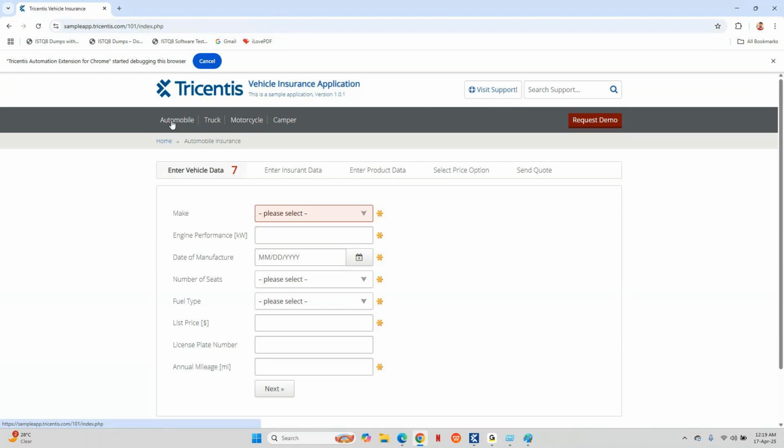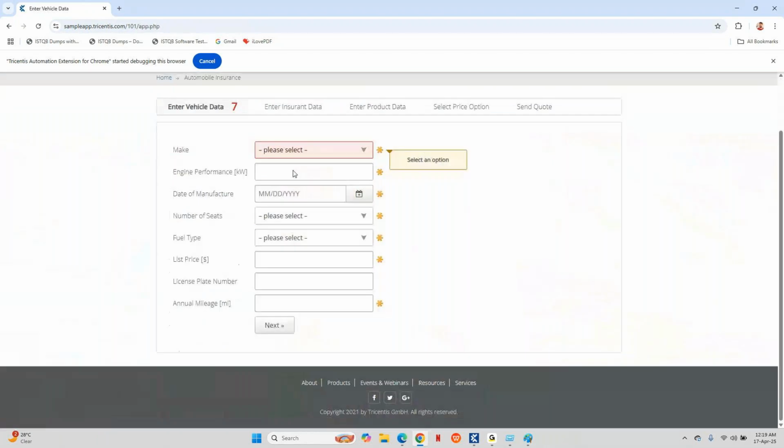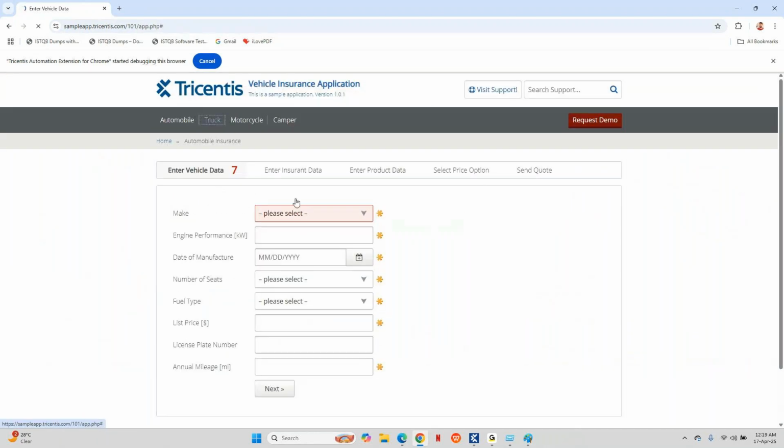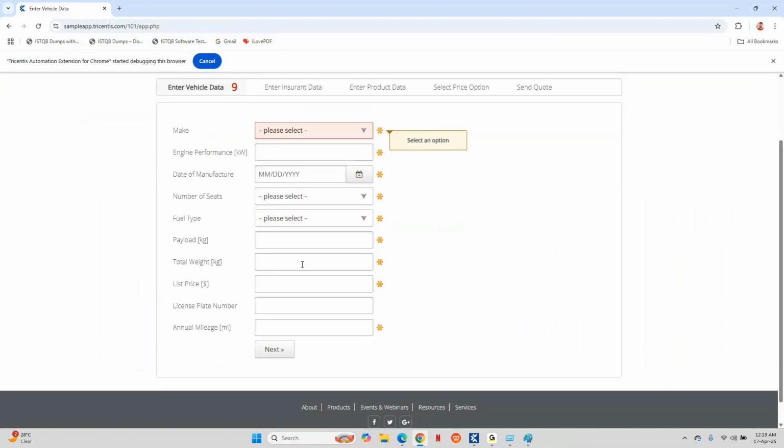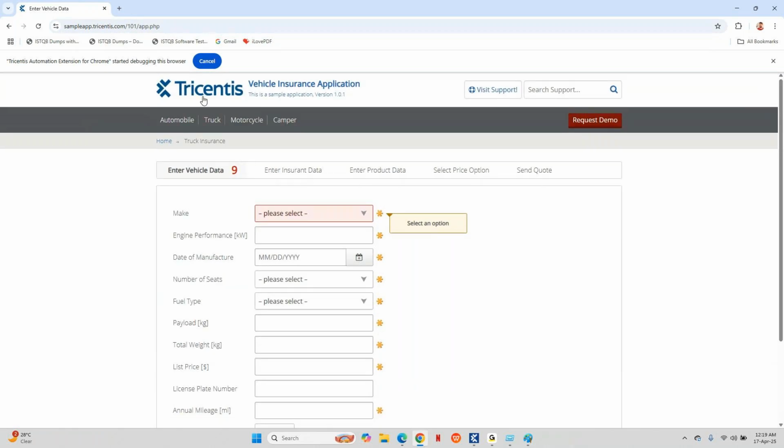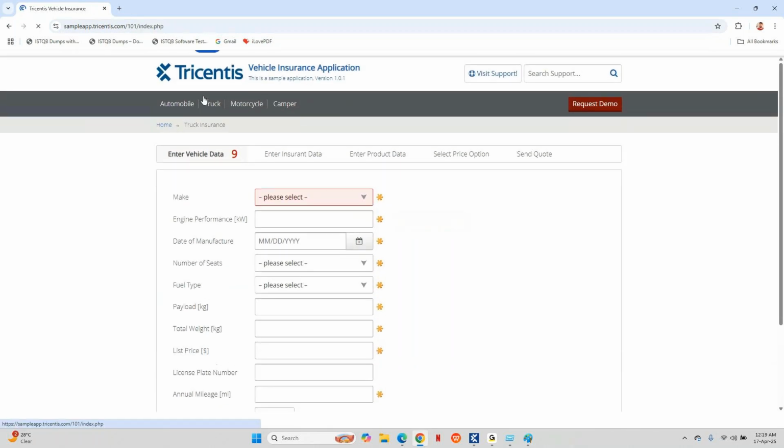So for an automobile, it might ask you different options, but for a truck, it would ask you some different options like that. Okay, so that's how the application is. So for example, if I'm taking this one as the application,